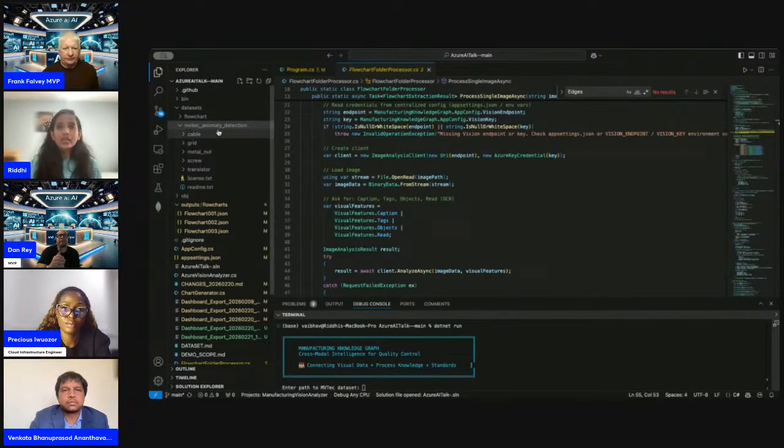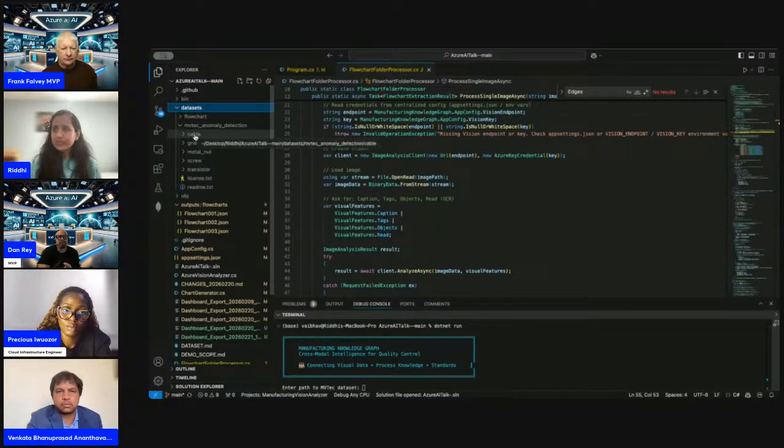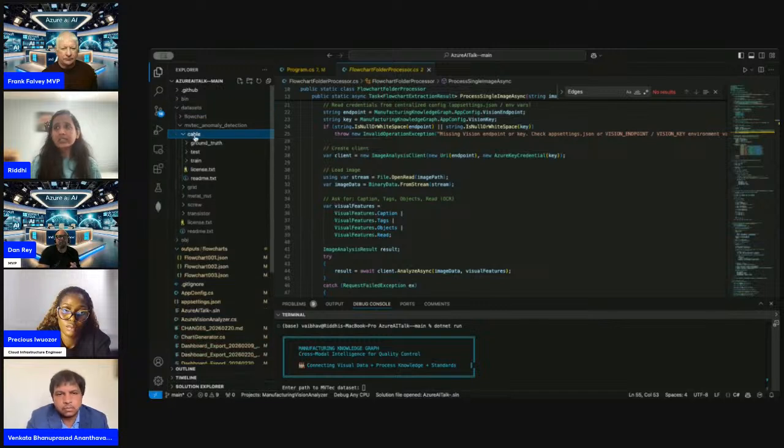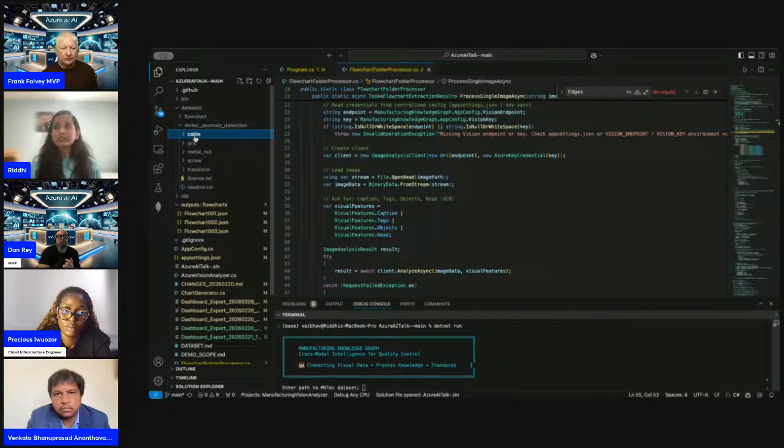Okay, nice. So as I said, we have a data set, and that's anomaly detection. Again, this is public data, and this data is segmented into cables, screw, transistor, which is very common in manufacturing, and it's broken right and left on the floors everywhere.